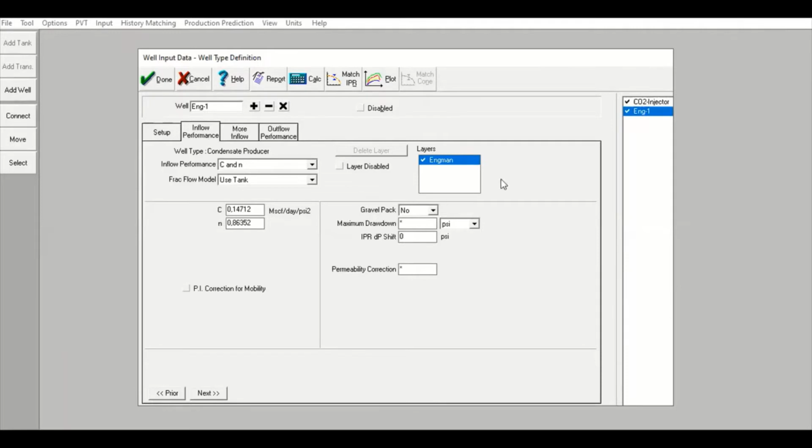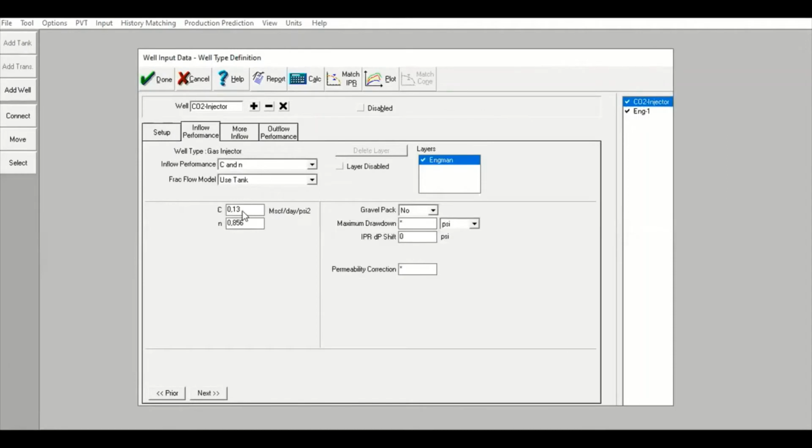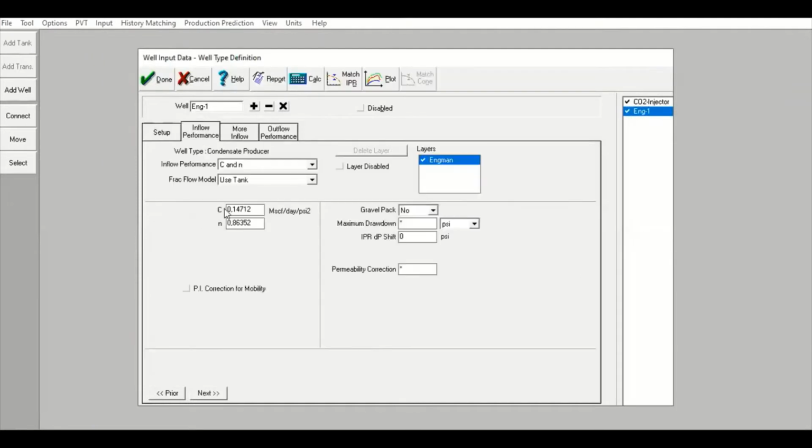Here during the production phase, it's 0.147 and 0.86, whereas for the CO2 injection, I can maintain the C 0.147 and N 0.18 something. I can maintain that. So let's maintain,